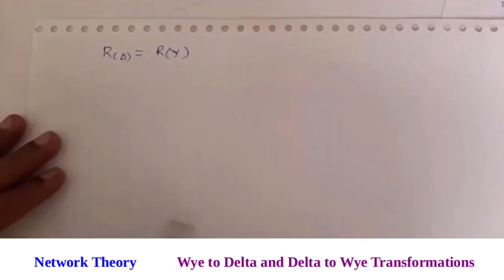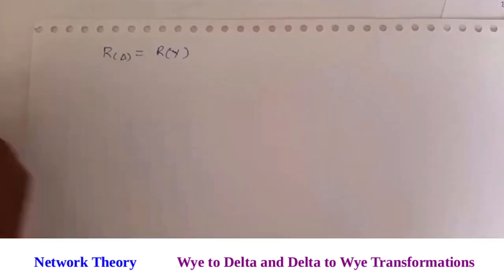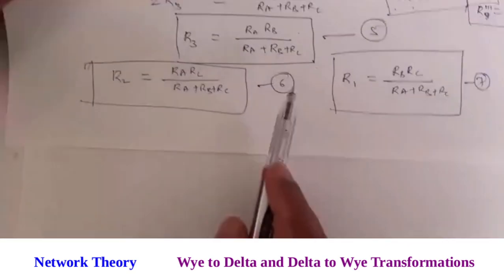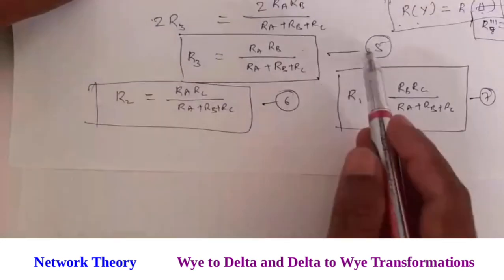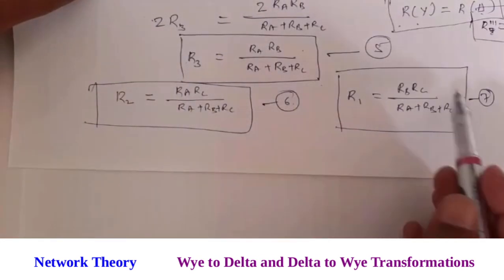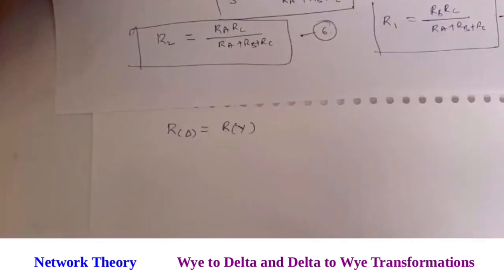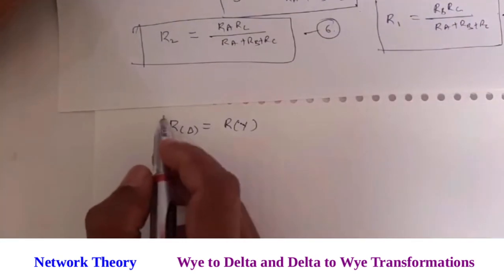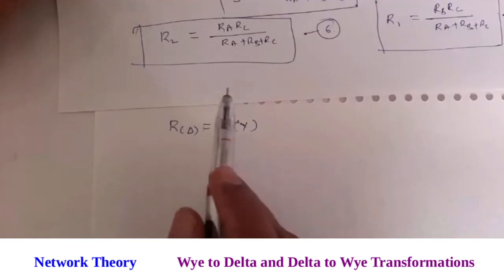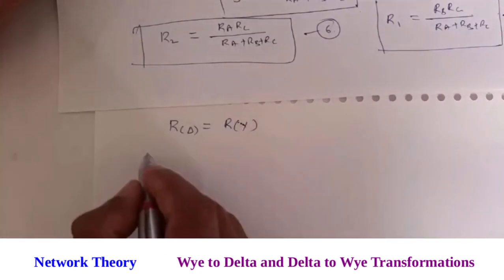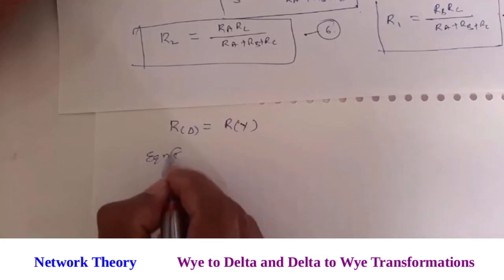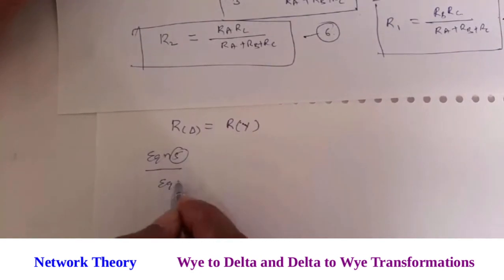To do this, we have equations 5, 6 and 7 here. I hope you can see them. These are the three equations, and using only these three equations we can build it. Initially, I'm going to divide: first I'll divide equation 5 by equation 6.